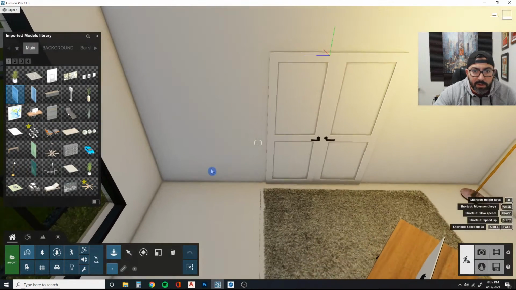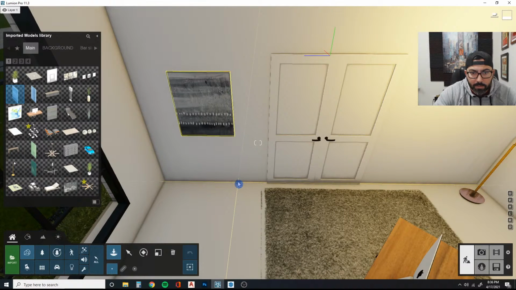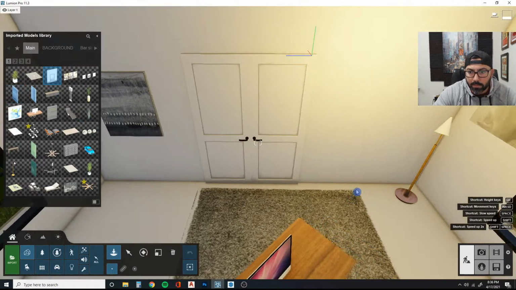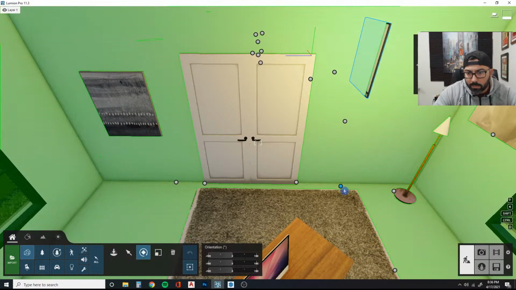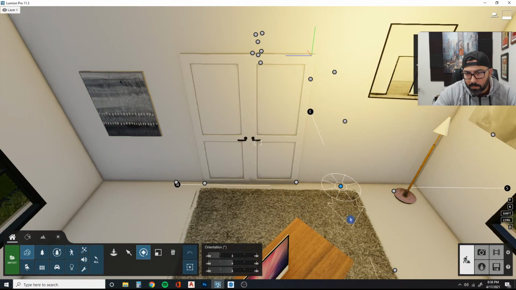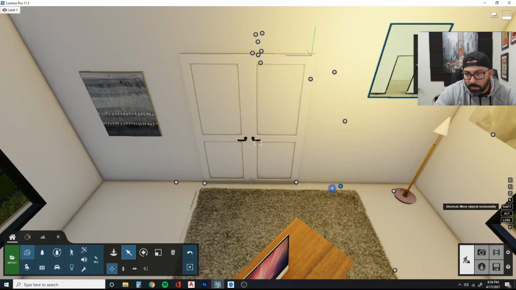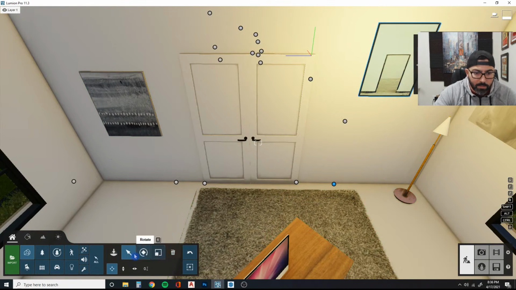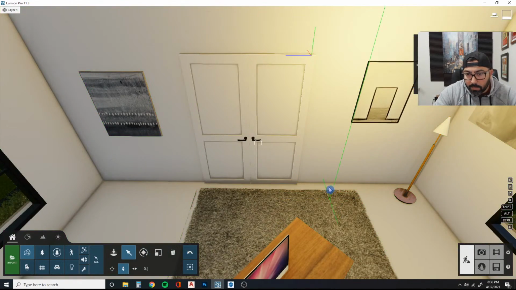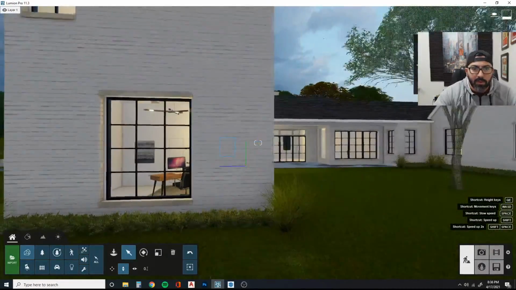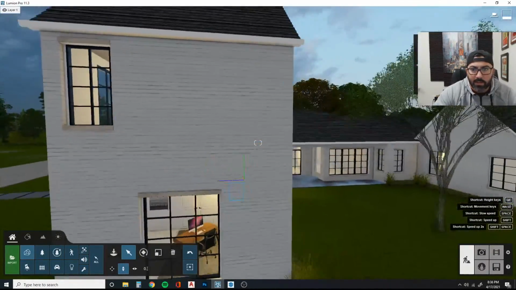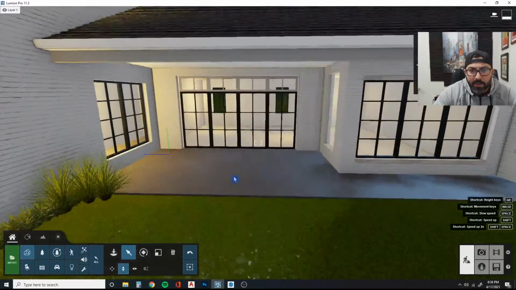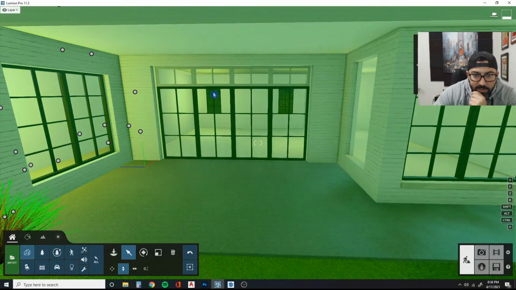And we'll add another piece of art here. Okay. And all right, so we have a patio here, and oh man, I think I had to change my